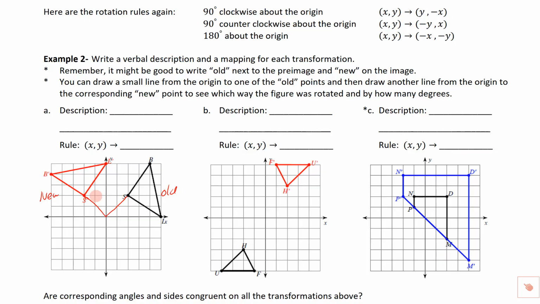So that would be over here. So this is from old to new. This is the old one to the new one. So we went this direction. So this is a 90-degree counterclockwise rotation. So I'm going to write 90 degrees counterclockwise. And that's good enough. If you wanted to write counterclockwise rotation, I suppose you could too, so we get completely